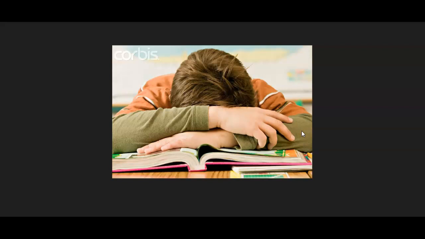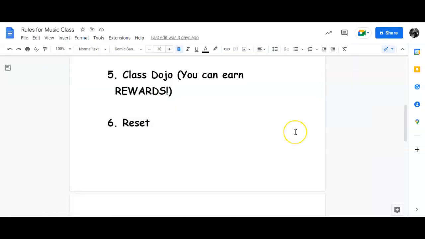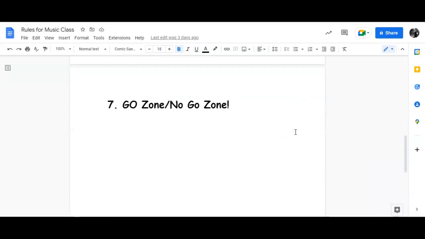If we have students who are getting reset too many times, I may put you off to the side, basically to take a little bit of a timeout, take a break, until you are ready to follow directions, then I'll welcome you back to class. But understand, if I do have to excuse you and put you off to the side, you do not earn any dojo points during that time. So if your classmates are getting dojo points, you will not. So make sure you do not get reset. Resetting is not good.